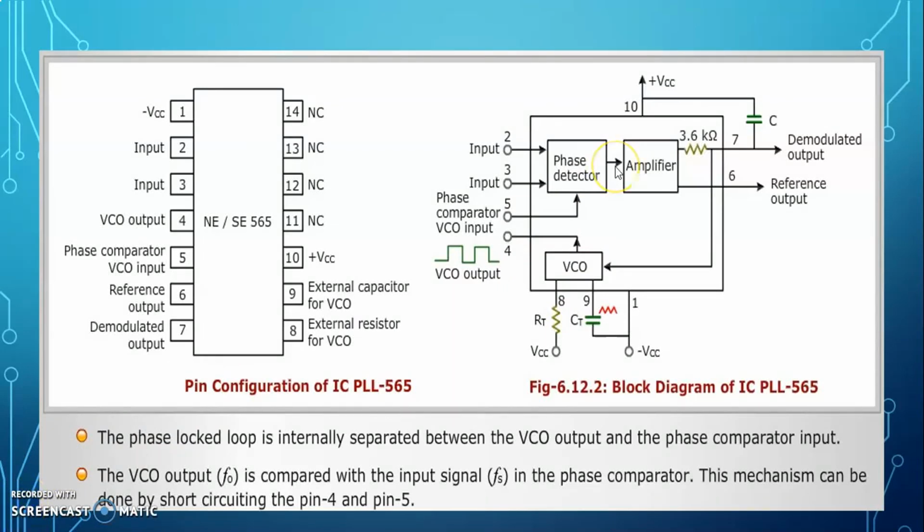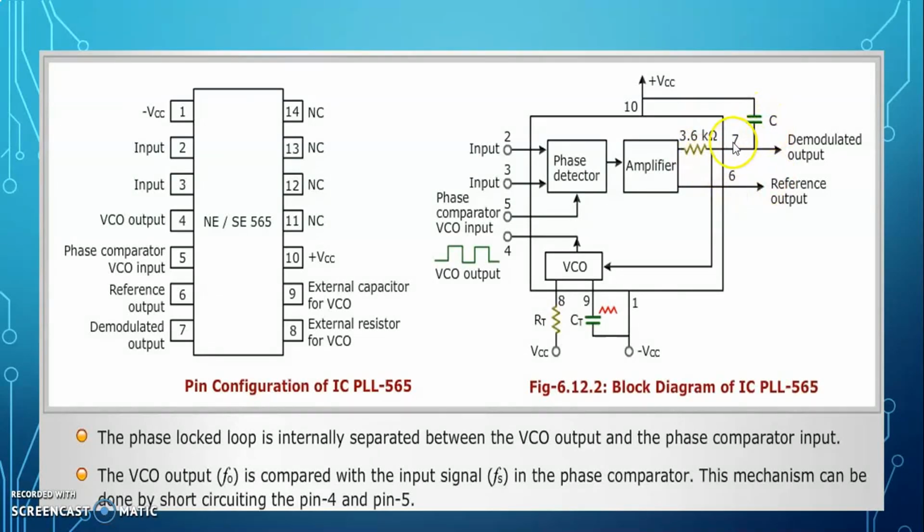Here the phase detector output is the error signal. It depends upon the phase angle difference between the input signal and the voltage controlled oscillator output signal. This phase detector error consists of two components, that is, a high frequency component and a low frequency component. This error signal is given to the low pass filter. Here the low pass filter only allows the low frequency signal and filters out the high frequency signal.